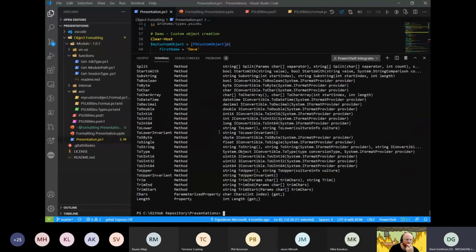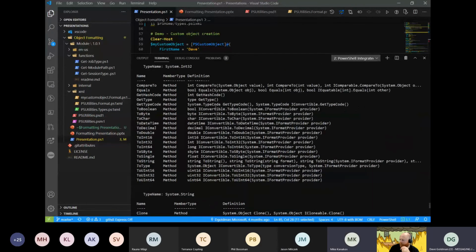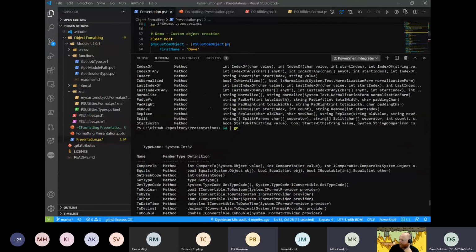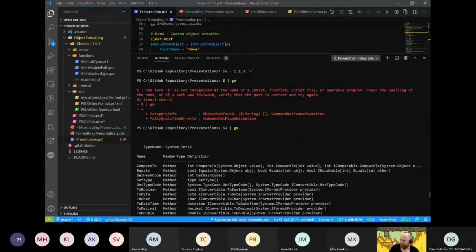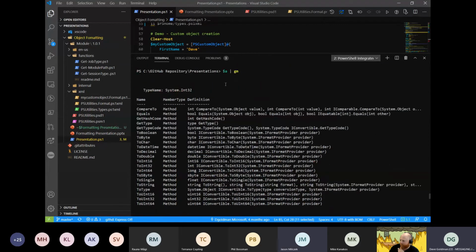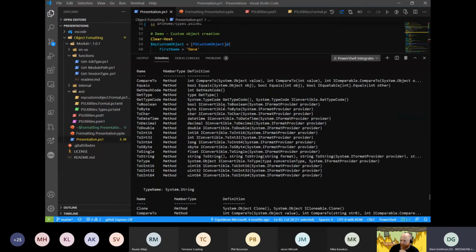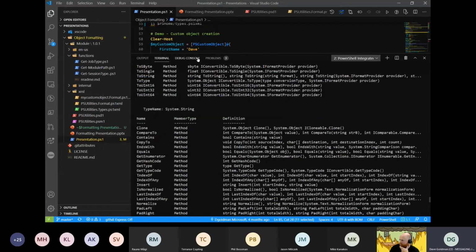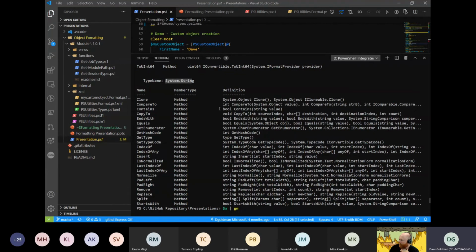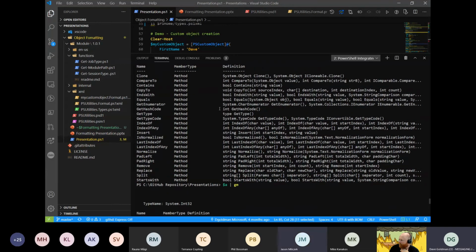Did you guys see just what happened there? No. So I have a collection with 1, 2, 3, so three ints, and I added a string, or a char, to it. I ran Get-Member. Get-Member shows the first element, Int32, because there were 3 of them, and then it shows me the System.String. It flattens the collection.